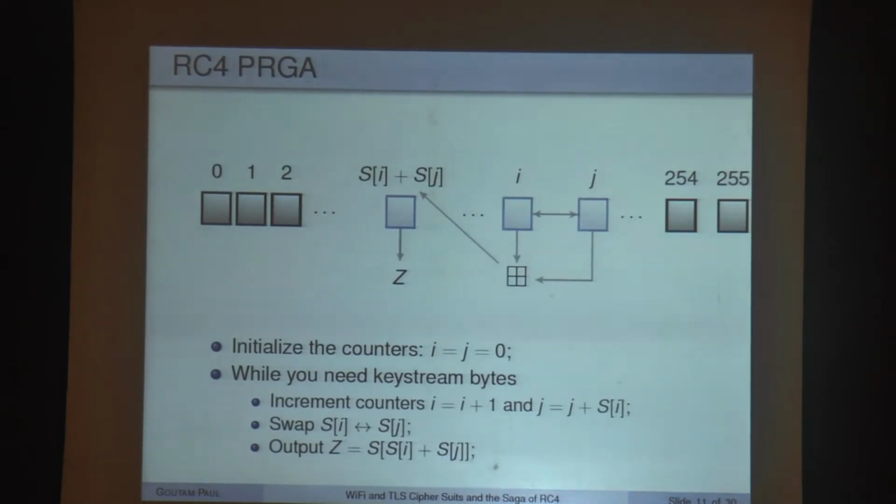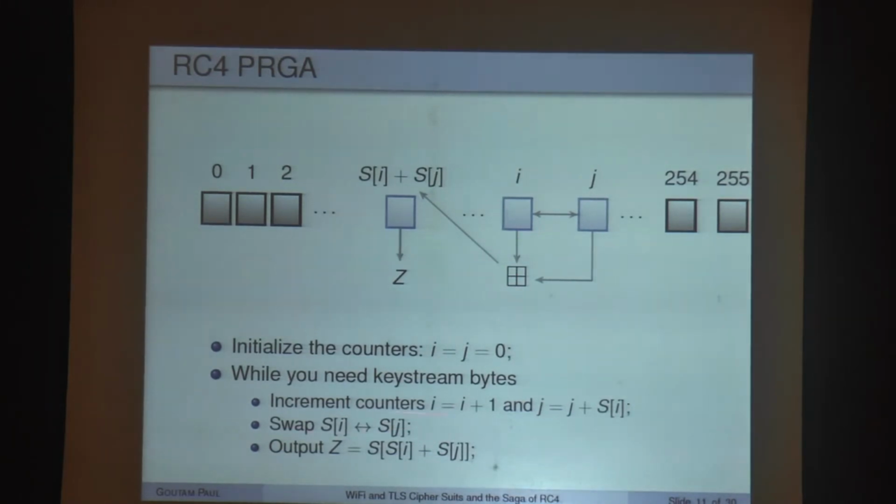This is also pretty much similar to the previous algorithm. You initialize the counters I and j. You have two counters because you have to swap. Again you increment I deterministically and j pseudo-randomly. Why pseudo-randomly? Because you are adding S[i], and S[i] is now random, because it is transient. It is no longer the identity. Previously S[i] was i in the previous slide. There you had plus k[i]; here you don't have k[i].